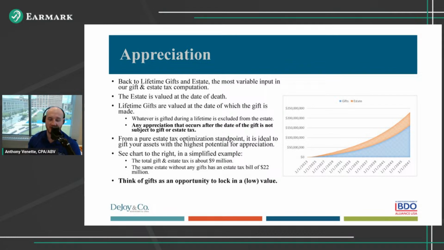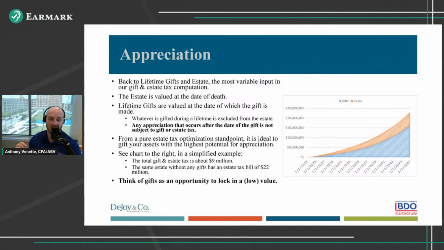So if we look at the chart to the right here, I've mapped out two scenarios. Under scenario one, if we didn't make any gifts and we just left it all in the estate, we'd have that orange boundary there. This is a person that's clearly done very well for themselves. They built up a ton of wealth, and that'll all be subject to estate tax when they die. On the other side, if we focus on just gifting off individual business interests of appreciating assets over the course of our lifetime, we can reduce that total taxable gift and estate to the blue marker there.